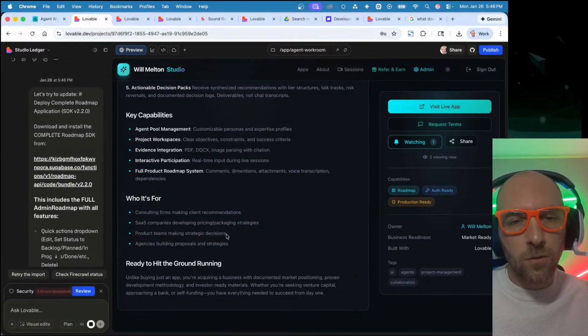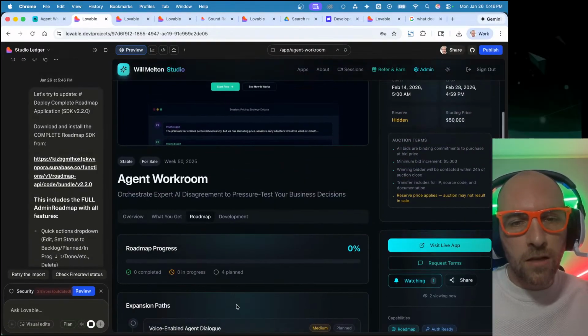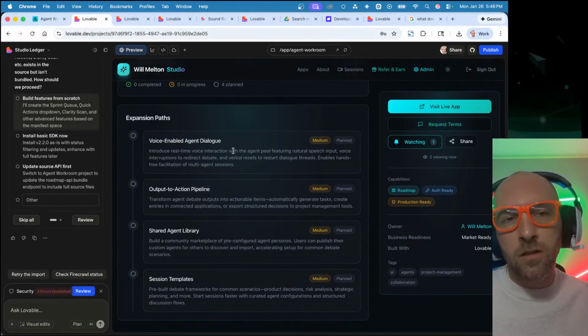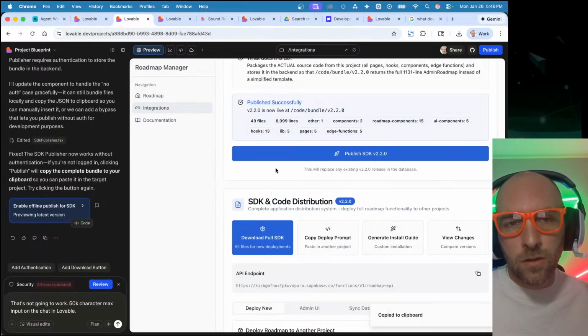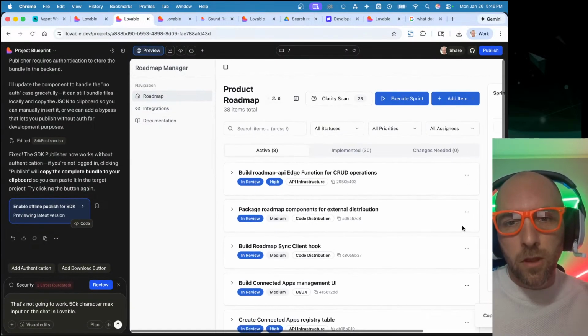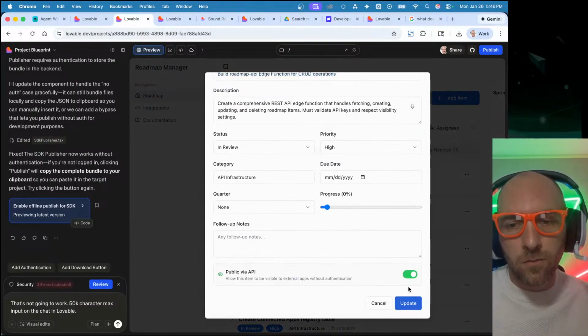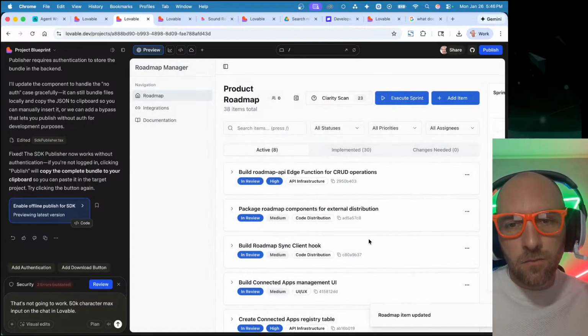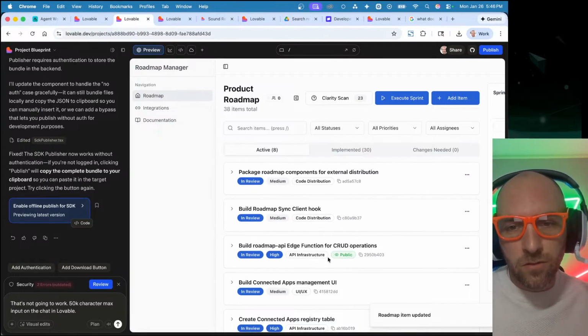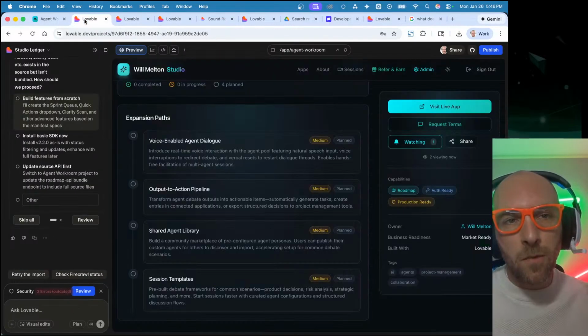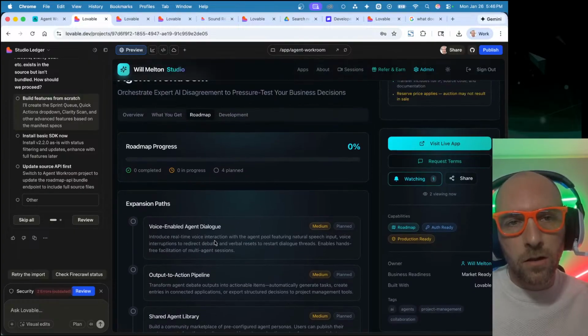So, what I've done with the roadmap is that I've created the ability to show individual roadmap items publicly. So, I can say, I want people to see this roadmap item, and that's going to allow it to automatically populate over here in this one.